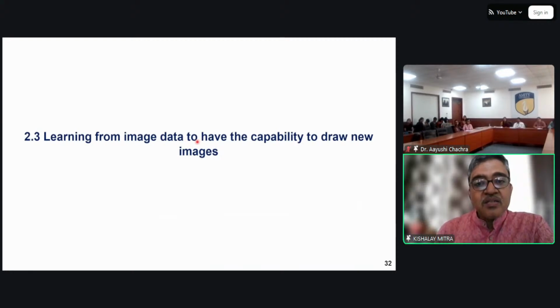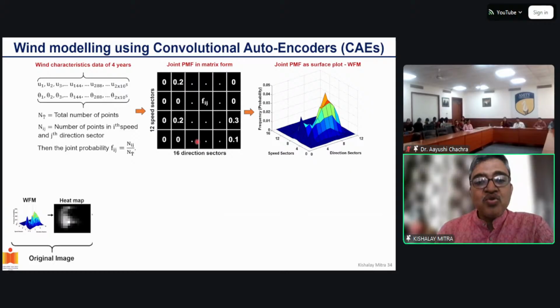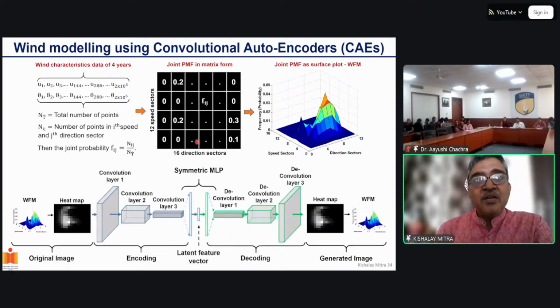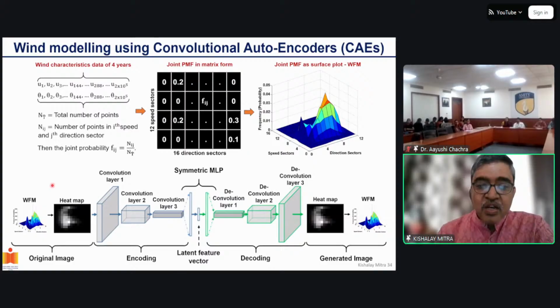And the third case, which I am not going into details, here we wanted to show that probably through machine learning, you can show that your algorithm can learn how to draw. Okay, so some of the images we used for training. Okay, and we used something called convolutional autoencoder, which is presented here. Okay, and we used the transform mechanism to design this optimal